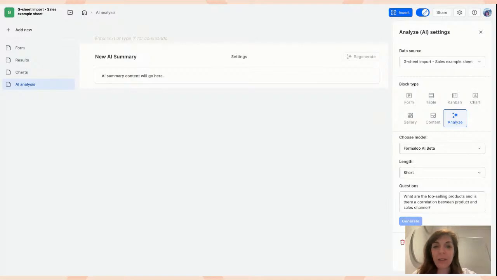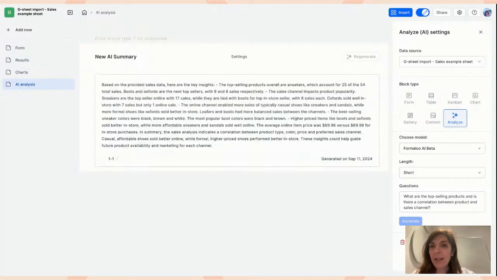But something else I want to show you is about the segmentation, because I told you, yep, voila. So here are the insights. So it's based on the provided information. Top selling products overall are sneakers, and so on. As you see, these are the insights that AI gave us based on the data rows that we just imported,